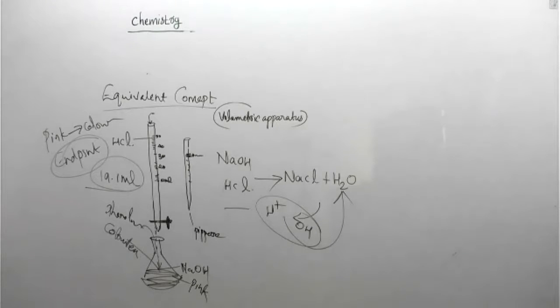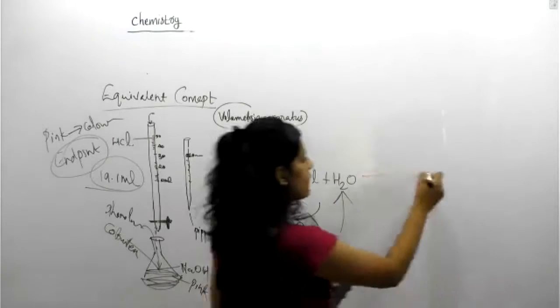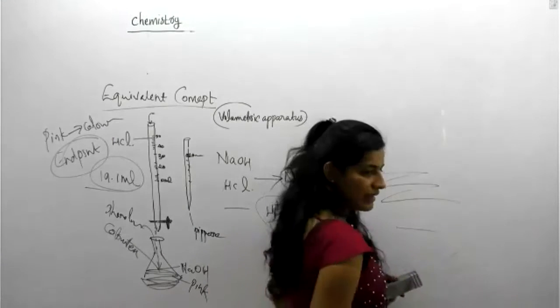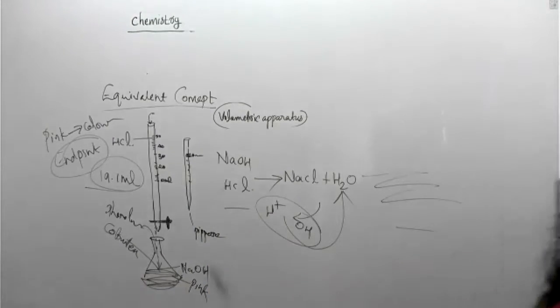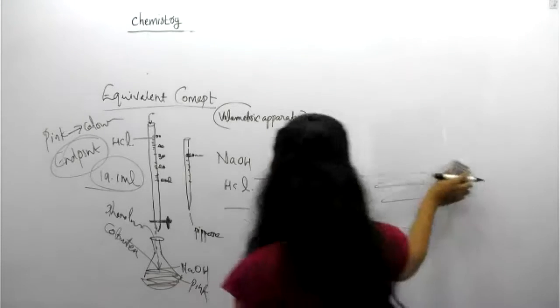This much you want to memorize: the point in the titration where the indicator changes color is termed the end point. With the help of that end point, substituted into some equation, you will get the weight of the substance dissolved, and a lot of information you will get. So in the upcoming chapter, we can revise these points.